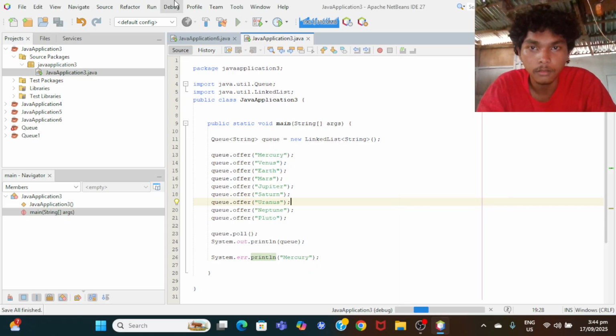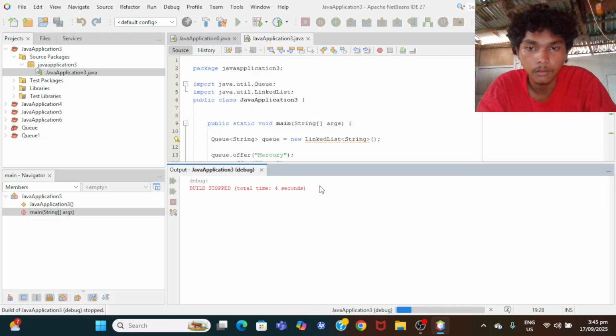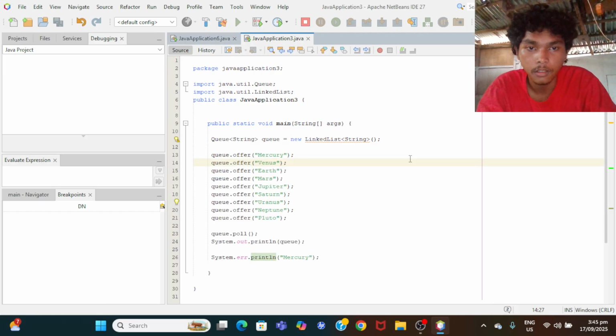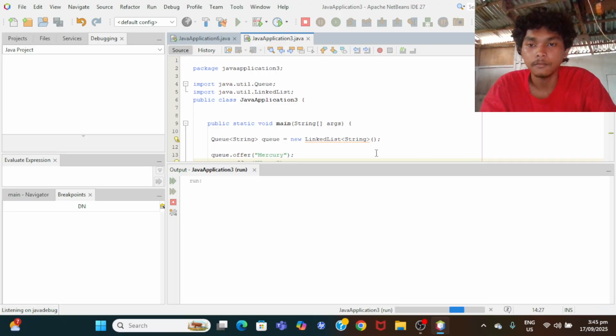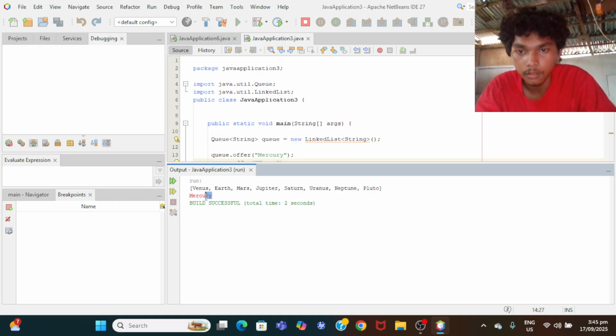Wait, wrong button. So let's try to run. As you can see, the Mercury was here. So let's try to change it. Let's put it above the Venus.